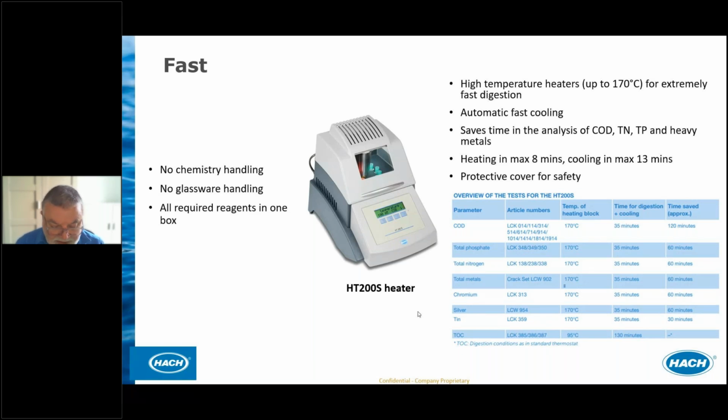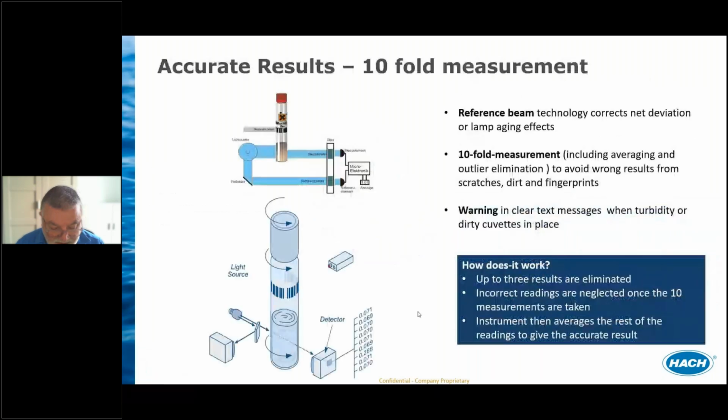For accurate results over time, a comparison with a reference element makes it possible to compensate for the aging of a lamp. The quality of the result is also ensured by the 10-point measurement existing on the DR 3900 and DR 6000